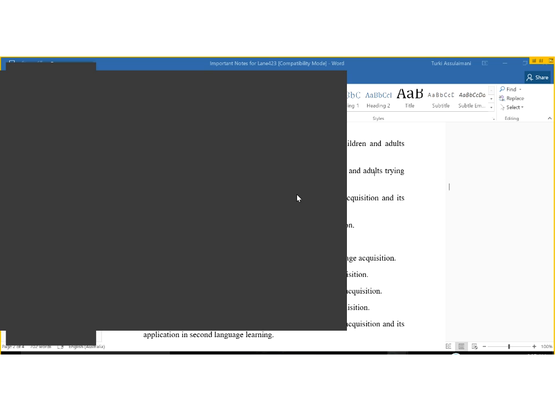Okay? But for adults, most of the time, especially inside classrooms, if students make mistakes, the teacher will correct them. Okay? So this is again another difference between children and adults. That's mentioned in paragraph 3, and they also talk about other things. For example,